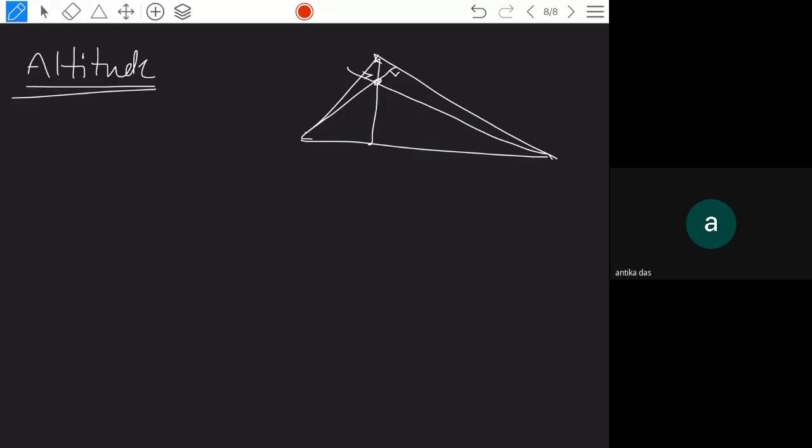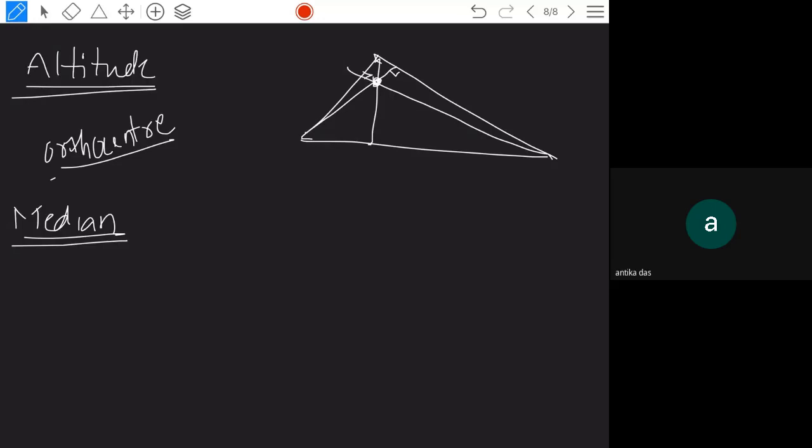Like that, median hota hai. This is another concept because this is not at all given in your textbooks, even from 6th to 10th class. ये concurrent lines होता है ना, this point is called the point of concurrence of altitudes. Altitudes all together एक point में मिल रहे, so that point is called the orthocenter. Altitude का point orthocenter बोलते हैं.